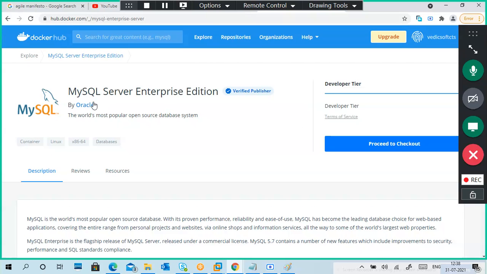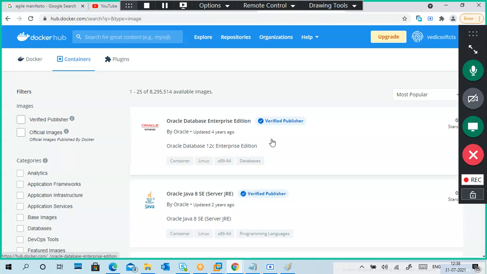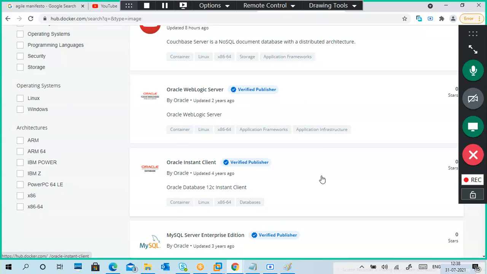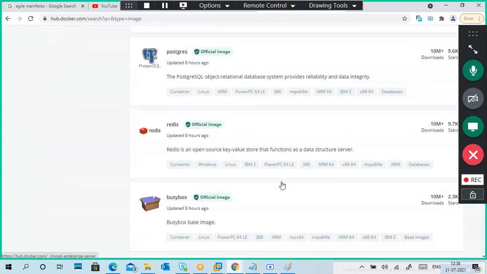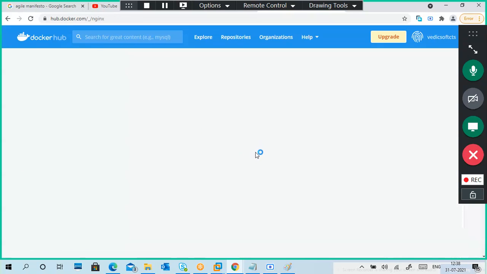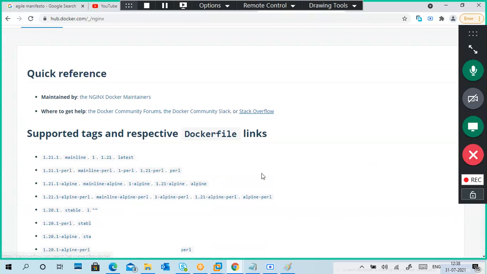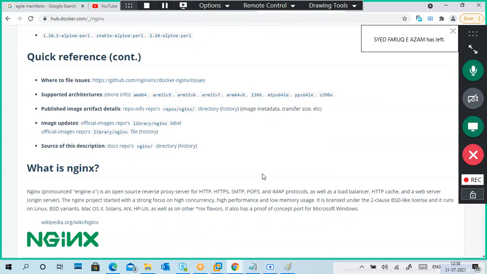So what to do? Just take this image and create containers as per your requirement. Create several containers, and you can create databases. Okay, so that is the container, or web servers. You can take any web server. This is a kind of web server. Okay, simple. Put this command on your command line. Obviously this image will be pulled from the Docker Hub.